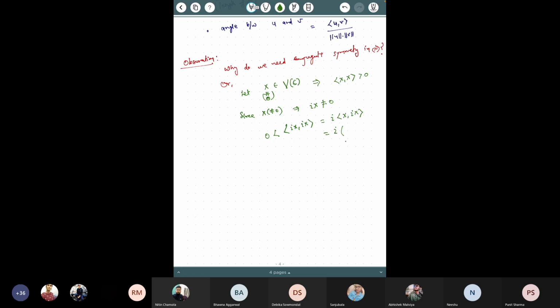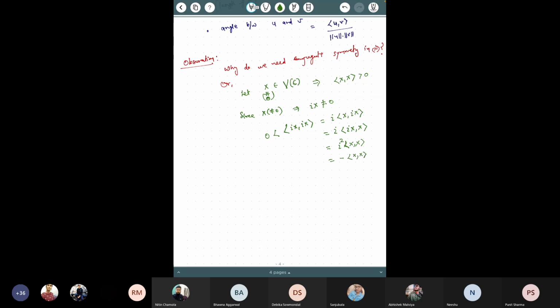The symmetry says that it is the same as i times the inner product of ix with x. So what I'm saying is that if I remove the conjugate here, and instead of conjugate symmetry just take the symmetry, then I get a kind of contradiction. Here I'm using the symmetry only, not the conjugate symmetry. And then again I use the fourth property, then it would be i squared times the inner product of x with itself. But we know the value of i squared is minus 1. So it would be minus the inner product of x with x,